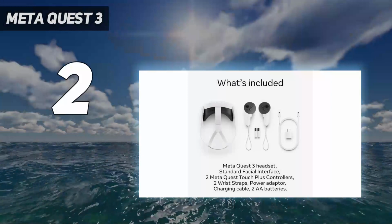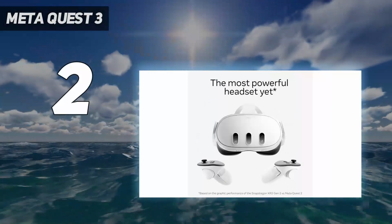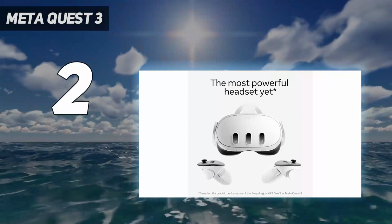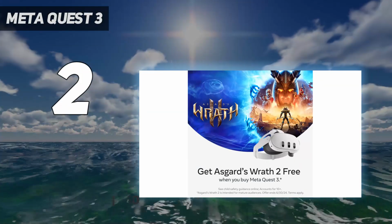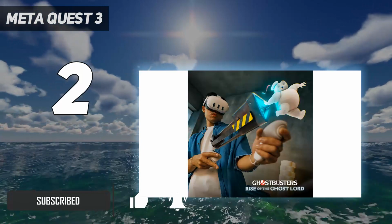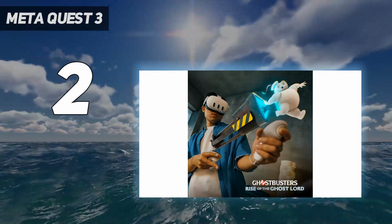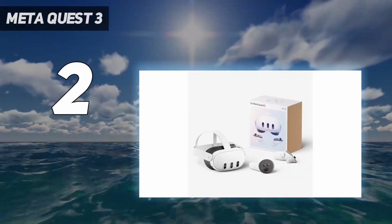Number 2 of my list. Meta Quest 3. Following on from the successes of the Quest 2, the Meta Quest 3 blends some excellent standalone VR power with some great mixed reality versatility. Available in both 128GB and 512GB models, this is the best VR headset for gaming if you don't want to be at the mercy of a PS5 or high-end gaming